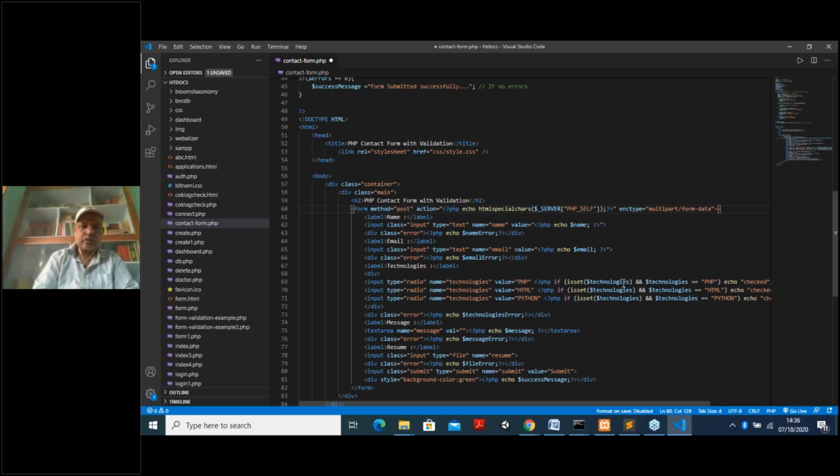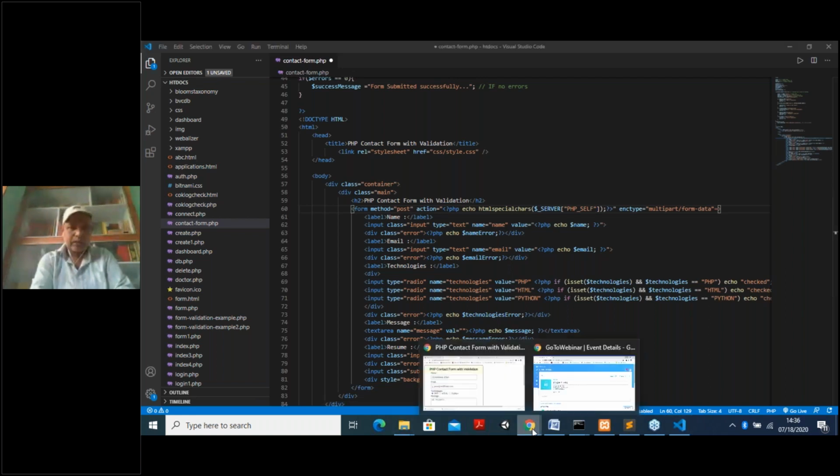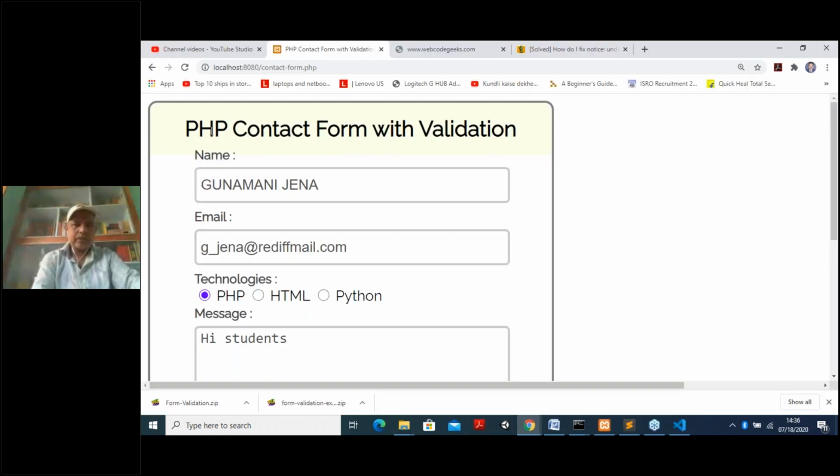In the HTML part, what do you see here? First you observe there is a label. What is the label name? First label name is name, because under H1 I have already created inside the paragraph PHP contact form with validation. This is already there. It is a simple HTML that we need not worry about. In a P for paragraph I have already displayed that, or with H1 or H2 header also I have given there. Now the label is here. There are 3 or 4 labels.